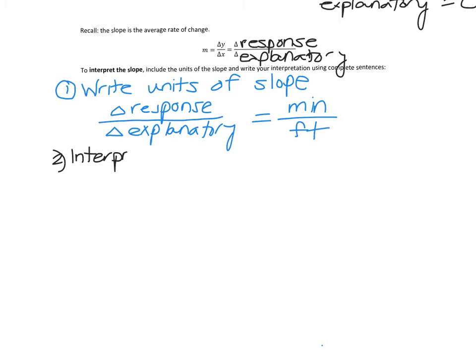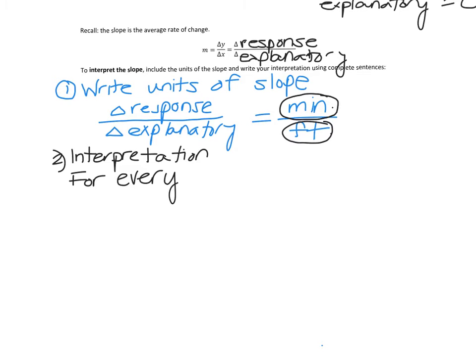All right, so that's what I keep in mind, and then I have my actual interpretation. So number 2 would be your answer. This is saying minutes per foot. So per foot, it means when we increase by 1 foot, the drilling time goes up however many minutes the slope is. So let's write that out. For every additional, or for each foot increase